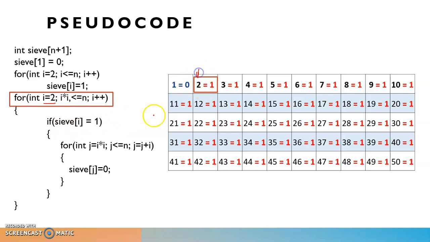Okay, we are here. If it is true, if it is 1, then again go into the for loop to find out all the multiples of this 2. So we are finding here all the multiples, correct? Yes. As we are entering into it, we are finding out the multiple of 2. So what is the multiple of 2? 4. And check that 4 is less than n.